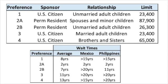Each bucket has its own visa limit, so that's one reason that you might hear about long wait times to get a visa. But the more significant impact is that no more than 7% of the total visas in a given year can go to any one country across all the visa categories. So this has created these huge waits for people from certain countries like Mexico, the Philippines, China, and India,